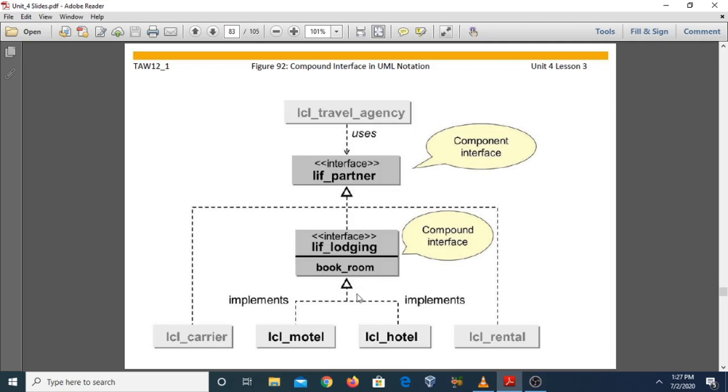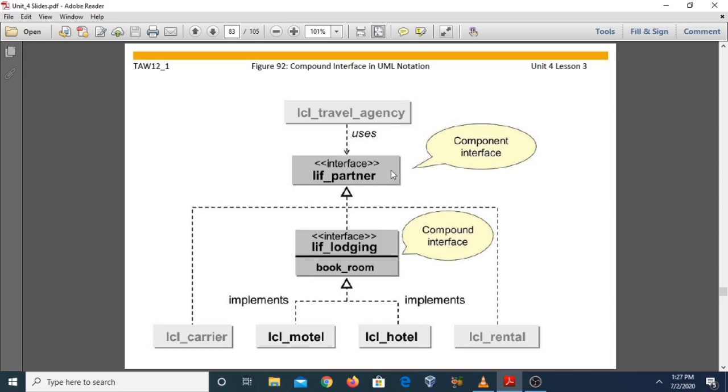The including interface we can include by adding two other classes, motel and hotel, which are going to implement another interface, LIF_lodging. So the including interface is known as a compound interface, which represents an extension of the included interface.